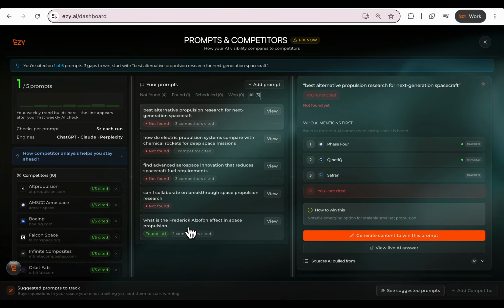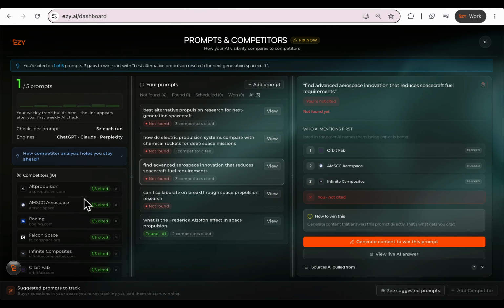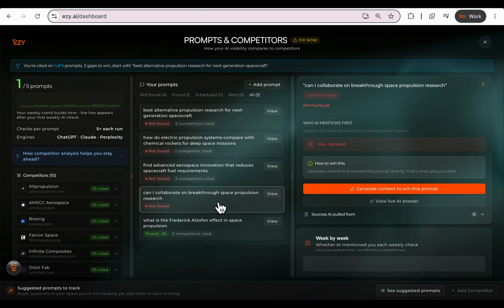So let's just look at the bottom one that we just spoke about. What is the Frederick Alzafon effect in space propulsion? Now, quasar.space has been found, but not found for the others. However, some of these competitors, Boeing, Falcon Space, Orbit Fab, Alt Propulsion, have been found. So if you just click on these prompts, you get an idea of which competitors of yours are found for